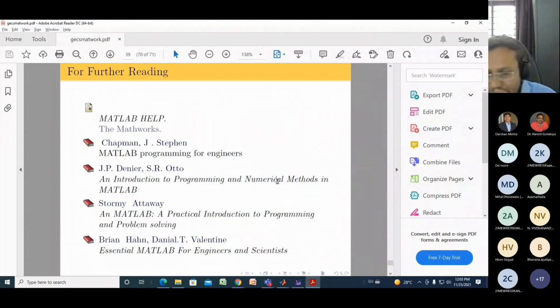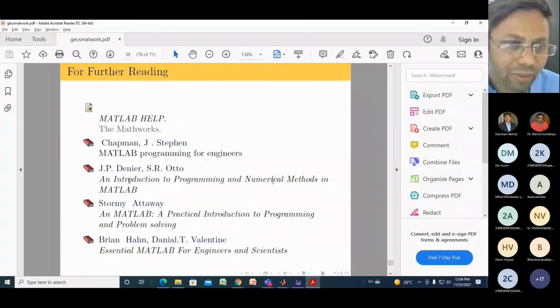We have a second session in the afternoon, in which we will cover numerical methods. So if you want to learn MATLAB, you can start with numerical methods step by step. If you are good enough in numerical methods using MATLAB, you will have good command over MATLAB. So you can use any of these MATLAB books for further explanation.